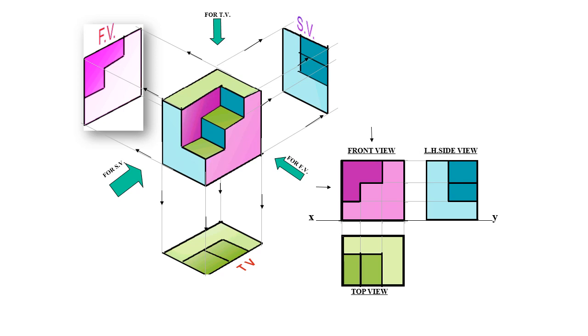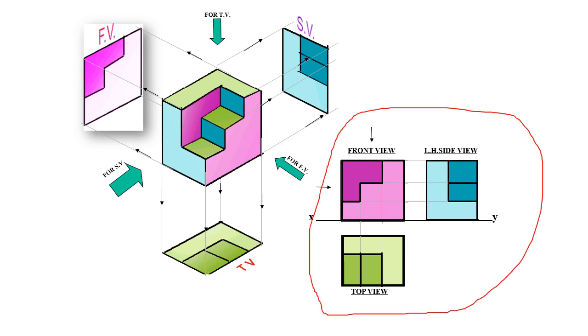So in this case, we have drawn the front view, top view, and side view. This is what you are expected to draw. Once you are given a three-dimensional object, the object may have curves also. In this example, you have only edges. Once you have the object, take the dimensions from the object, draw the reference line XY, and draw the front view, top view, and left or right side view as per the question, using freehand. That is very, very important. We will see with a few examples how this is done.